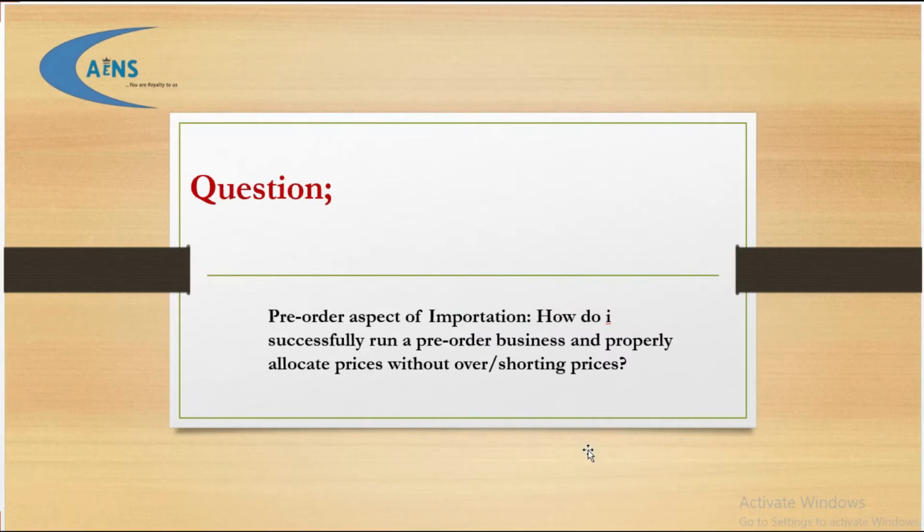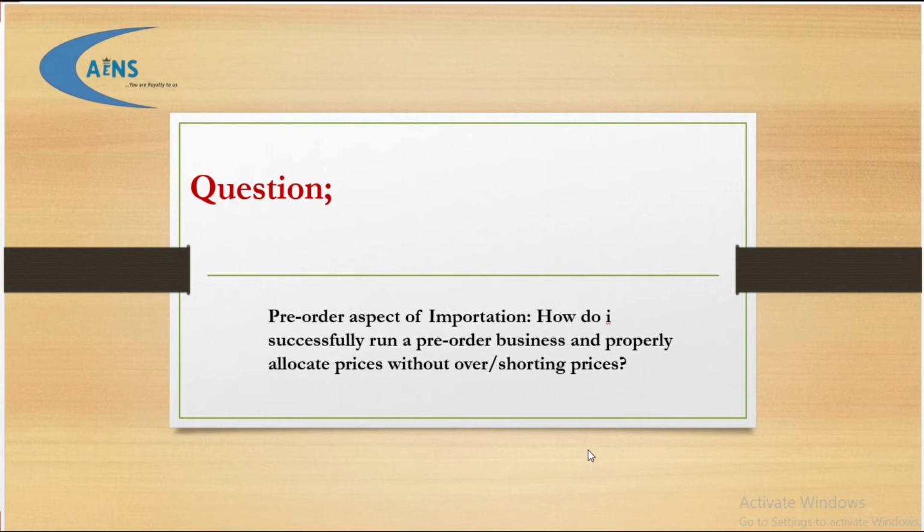Now the next question is on pre-order aspects of importation. How do I successfully run a pre-order business properly, and properly allocate prices without over or underpricing? Now, this topic is a whole tutorial of its own. I have attempted it a couple of times gradually, but I'm going to make a